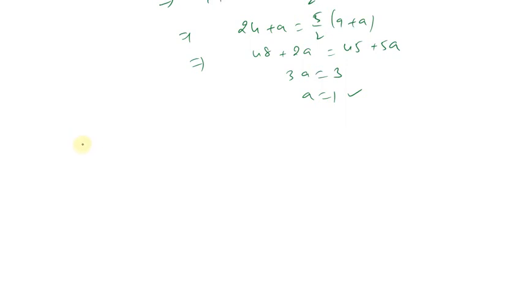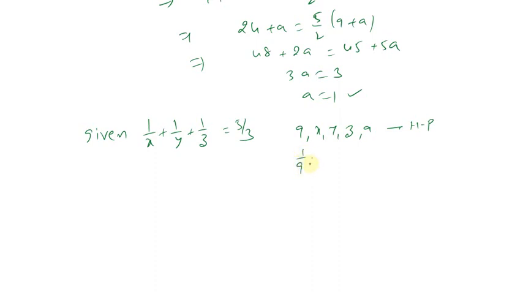This time it is given 1 by x plus 1 by y plus 1 by z is equal to 5 by 3. And this time 9, x, y, z, a are in HP. Actually, we already got a is equal to 1, that is the final answer, but why is it given like this? So let me cross check. I think you may get the same value here also.